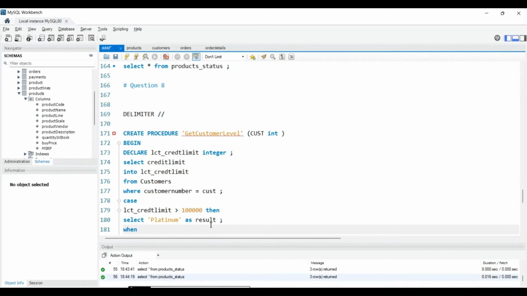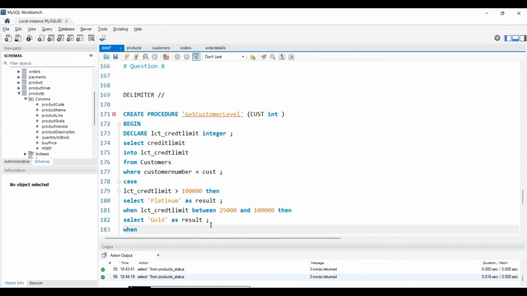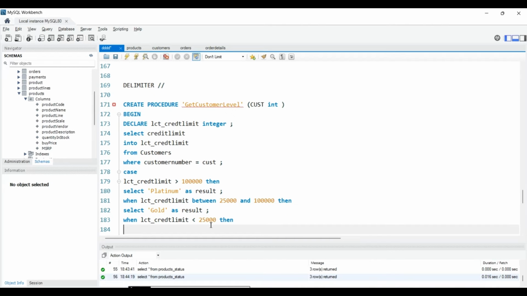When credit limit is between 25,000 and 1 lakh, then select gold as a result. When credit limit is less than 25,000, then select silver as a result. Else,